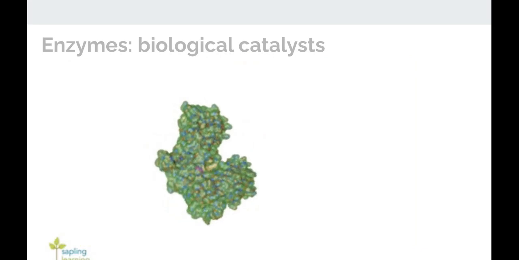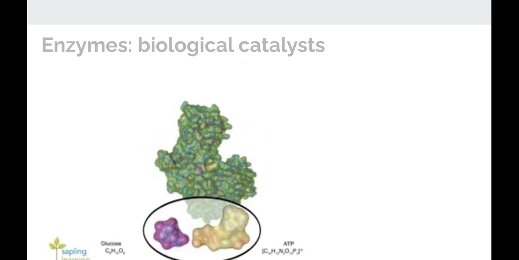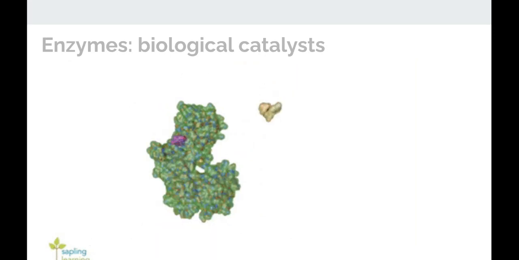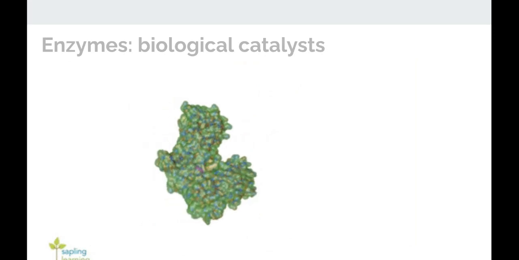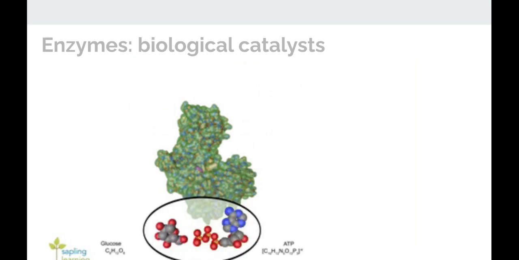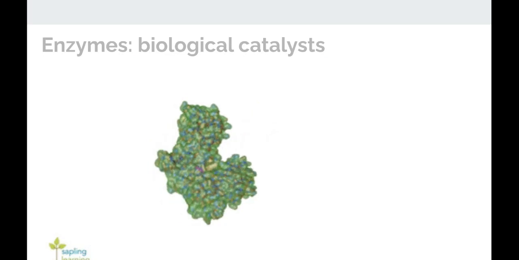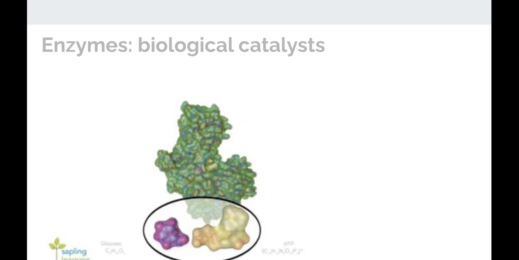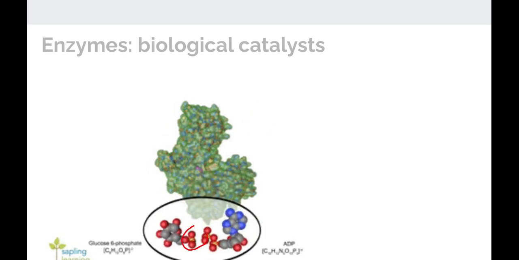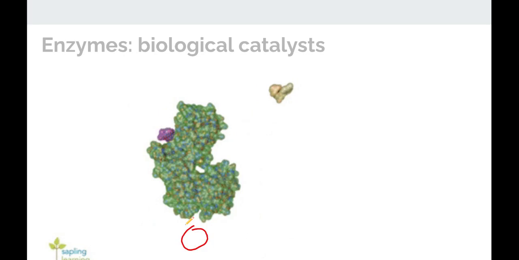This is probably a more realistic picture because it shows things at the atomic level. That big green thing is a very complicated molecule with probably thousands of atoms in it. And then there are these two particles that are going to interact with each other. The enzyme provides a little spot for them to sit because it's shaped just right. That puts them in close proximity to each other so that they can exchange that little particle fragment and produce